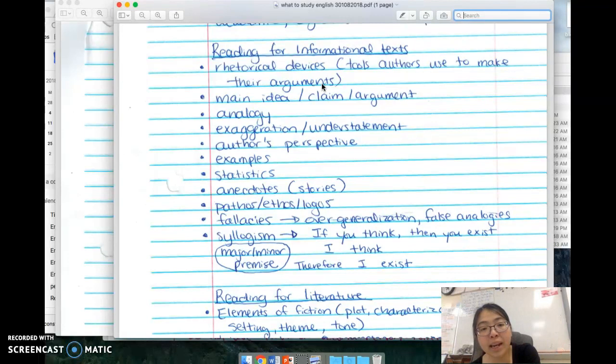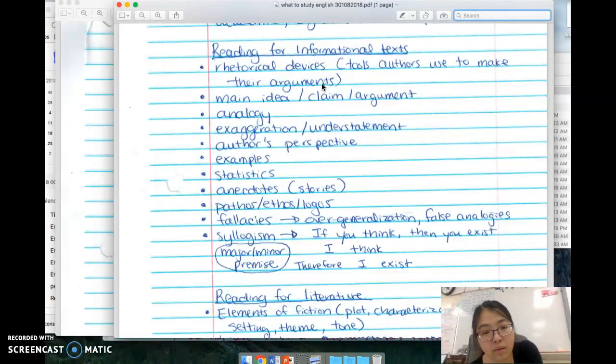So being able to find main ideas or claims or arguments within the informational texts, being able to find analogies and figure out what is being compared, exaggeration and understatement are some devices that might be used, the author's perspective, what the author's point of view is, what the author's claim is, examples that the author is using, statistics that the author is using, anecdotes, personal anecdotes